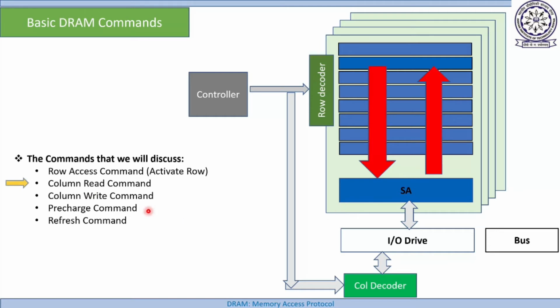So now we'll only concentrate on the column read command. How will the column read command execute? Assuming that the proper data is already there in the sense amplifier, that means the entire row is in the sense amplifier, what will the controller do to execute a column read command? First of all, the controller will send the column address to this, and this column address will reach here, and then the column decoder will decode it, and the corresponding column address will be reached here, and based on this column address the appropriate content of this sense amplifier will be available in the input output driver. And then from this input output driver, this data will be sent to the DRAM controller through this data bus. So this is how a column read command operates.